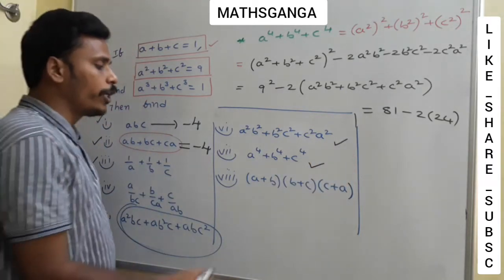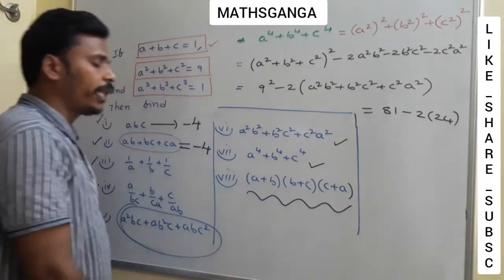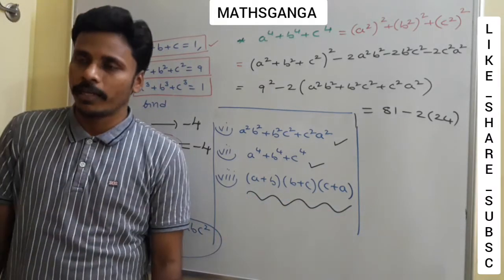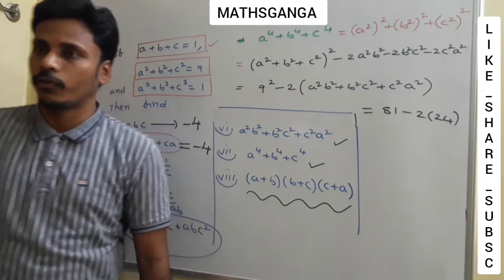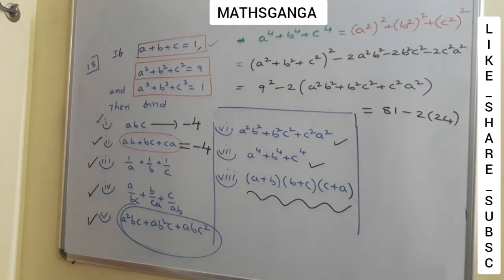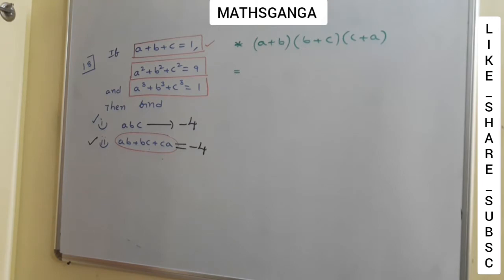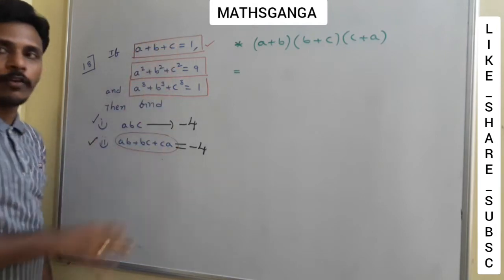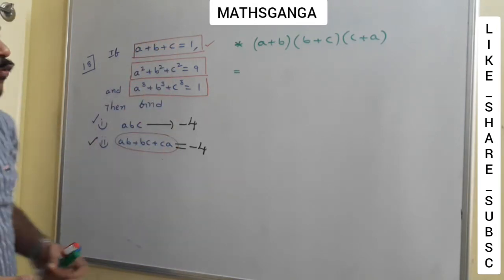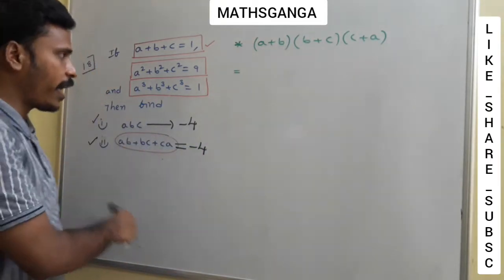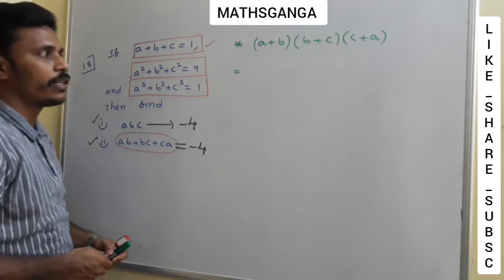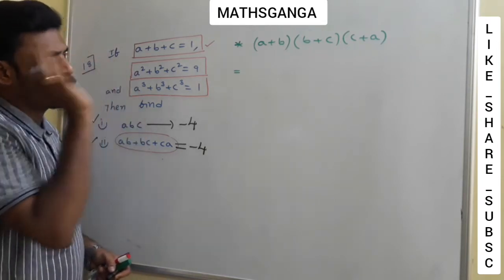Okay, and then you need to pay your attention on this 8th one, which is a plus b into b plus c into c plus a. Again, you just think about it for 1 or 2 seconds, and then I will give you the way. Yeah, the next 8th one, using that a plus b plus c, a square plus b square plus c square, a cube plus b cube plus c cube, I found all those things. And now the next thing is to find this a plus b into b plus c into c plus a. Just for space concerns, I erased all these things, and now you pay your attention on this product. Yeah, see, a plus b, b plus c, c plus a.